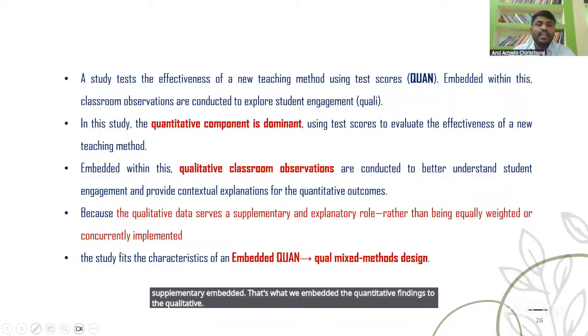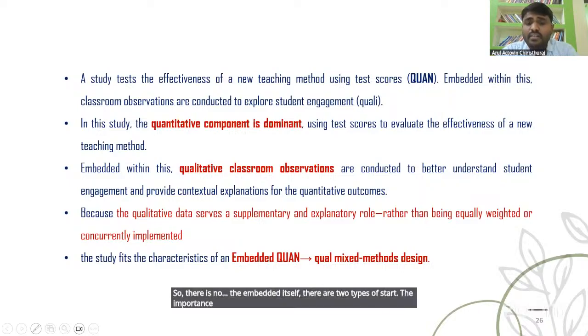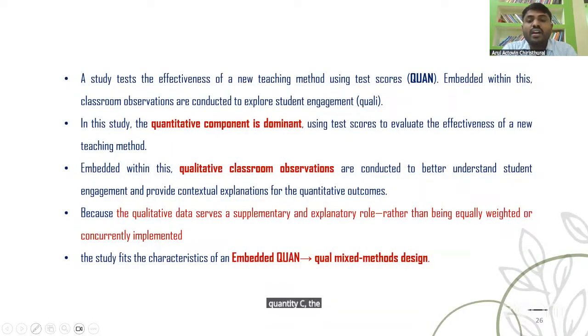That can also be done for some research. So within embedded itself, there are two types. The dominant one will be quantitative or qualitative. But in the particular example I've given, quantitative is the priority, the dominant one, and qualitative data is secondary or supplementary. It can also be reversed.